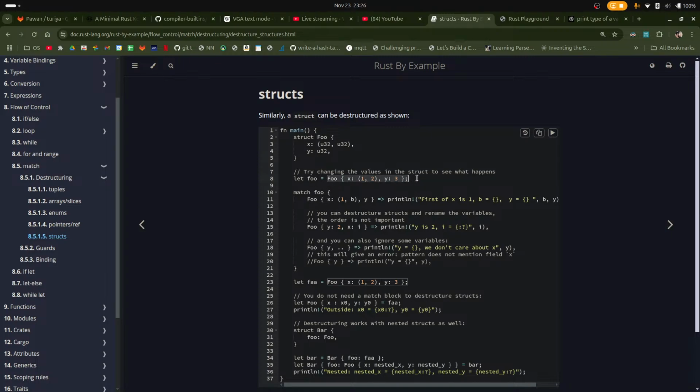Foo is an expression, which is this one, and I'm destructuring it. So I'm evaluating these two, and then x would be this one, b would be 2 and y would be 3. You can destructure structs and rename the variables. The order is not important. Print y is 2, and x is